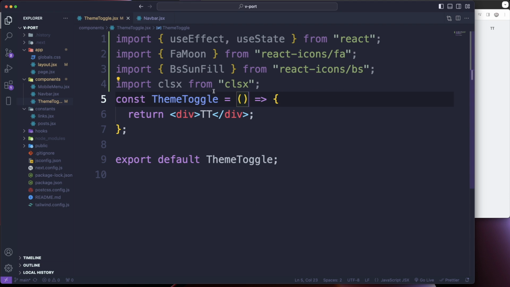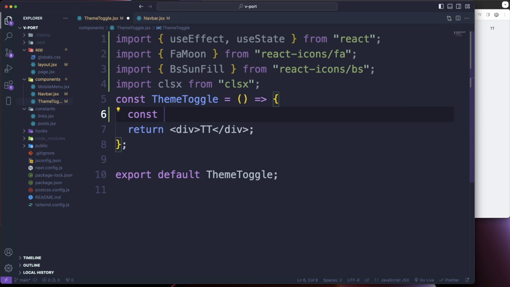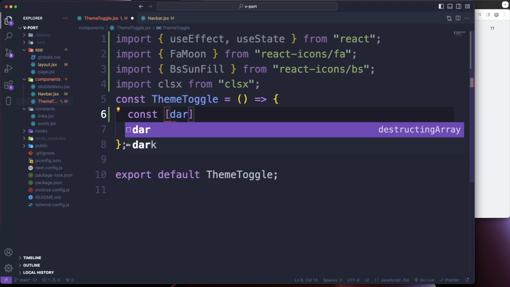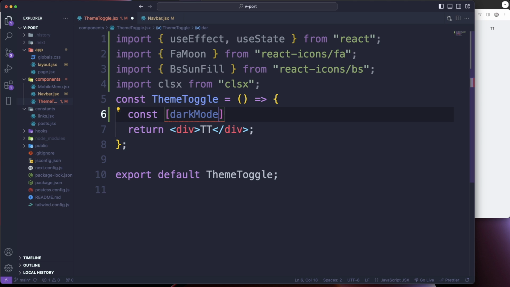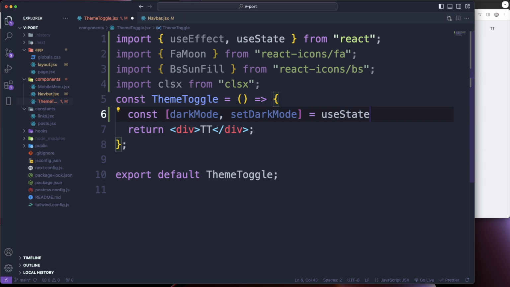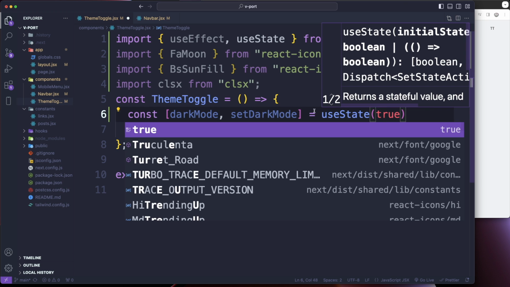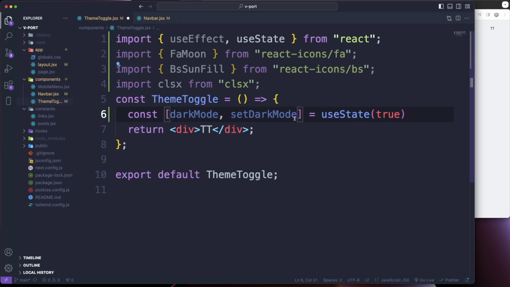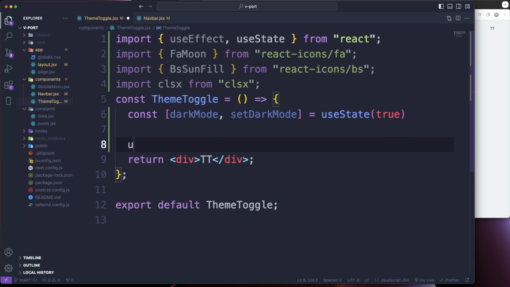All right, so let's go ahead and set some state. We're gonna go ahead and do const darkMode and then setDarkMode. And this is going to equal useState, and by default it's actually going to be true. Most of the time you do it, it's false. All right, and let's do our useEffect. So we're going to do a useEffect